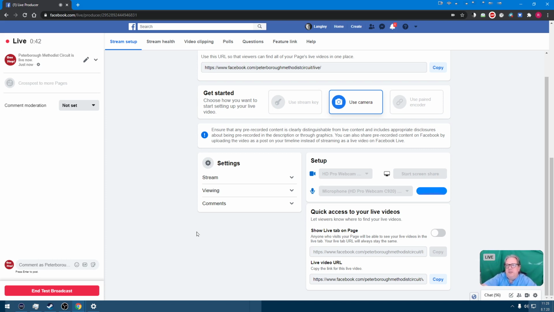There you go. Obviously I'm behind a green screen, which most people won't have. I'm not worried about the green screen, I'm just worried about what is possible. So that's just a test broadcast. So you can see, you can just trial how you are. So if you've got your camera on a little tripod or something like that, or your laptop, stick it on some books, and then as you're able to do that, you can just make sure,